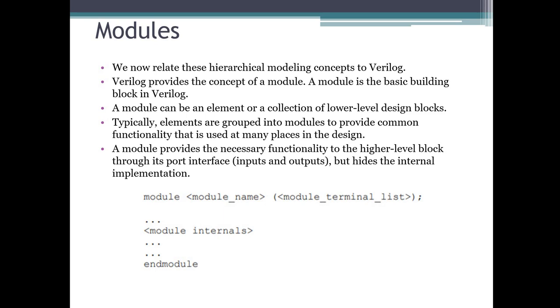So let's understand how we declare this module. Any code we write in Verilog will be declared inside the module and endmodule part. After module, we give a name to that module. This is the way. If you are going to write code for an AND gate, first you declare module, and then you give the name of that module. Later, inside the parentheses, you give the module terminal list. You can place terminals here. Terminals are nothing but input and output terminals basically. You can say ports also, you can say signals also.